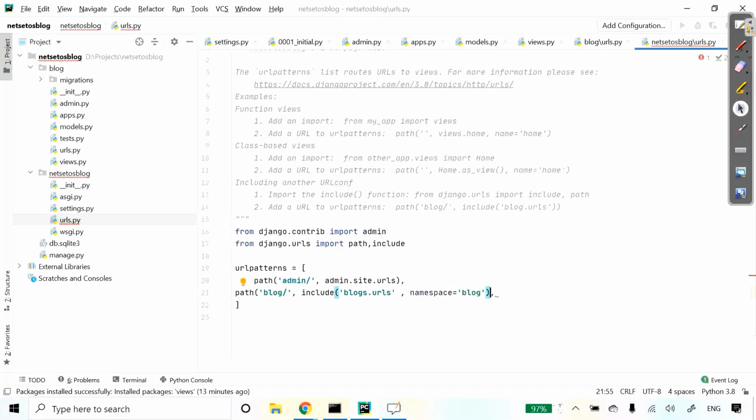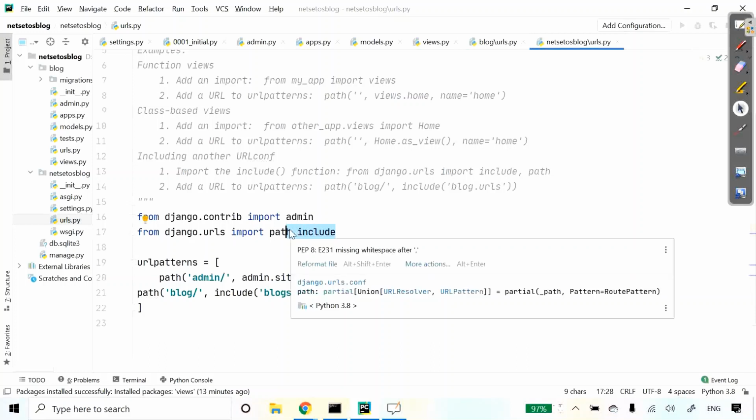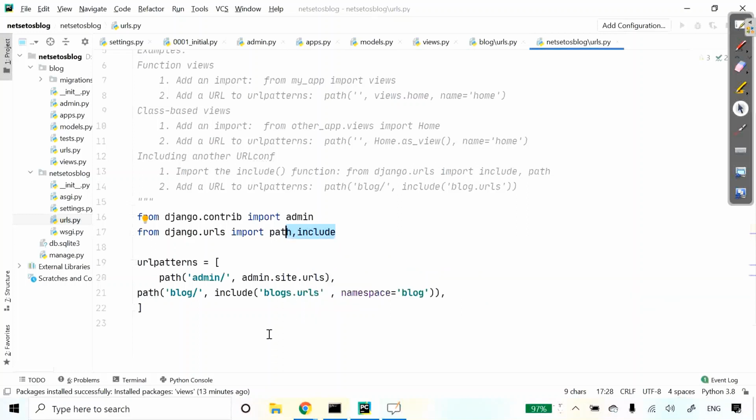Let's close it. So the new URL pattern defined with include refers to the URL patterns defined in the blog application, so that they are included under the blog path. You can also include these patterns under a namespace. Namespaces have to be unique across your entire project. Now we will make changes in models.py and thereafter we will go to templates so that we will have a complete look at templates in this video.